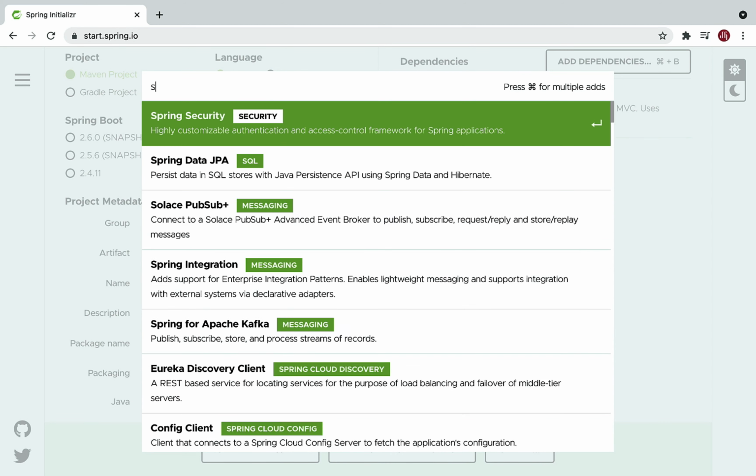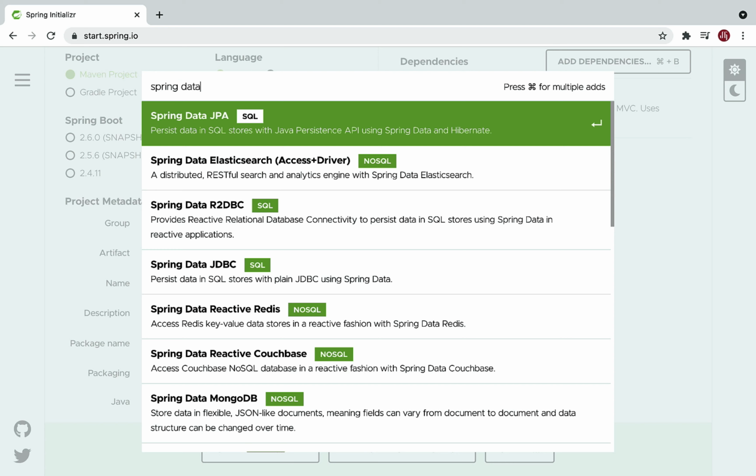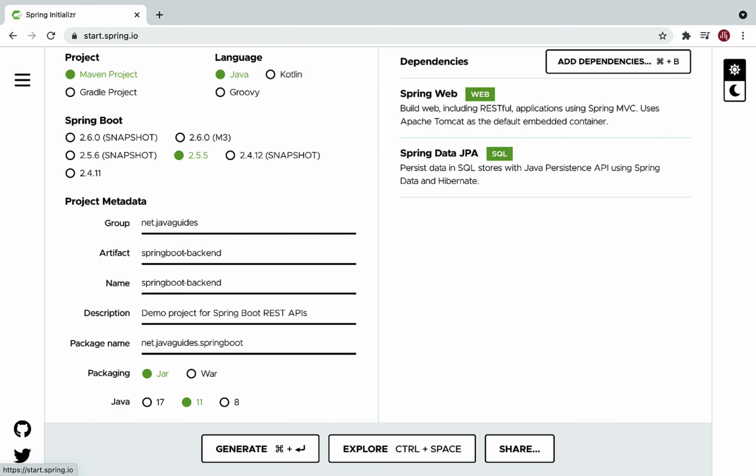Apart from that, we are going to use Spring Data JPA. In order to talk with the database, we are going to use Spring Data JPA, and it internally uses Hibernate as a default JPA provider. Spring Data JPA is a very useful module, guys. It reduces a lot of boilerplate code that is required to develop the DAO layer or repository layer. So we are going to use Spring Data JPA.